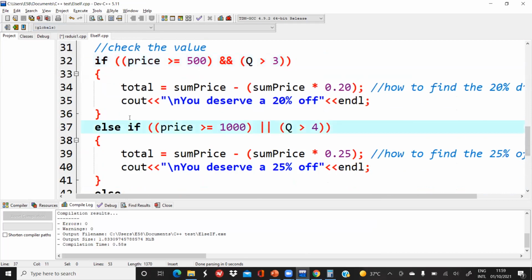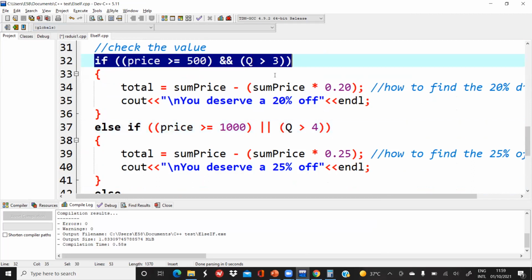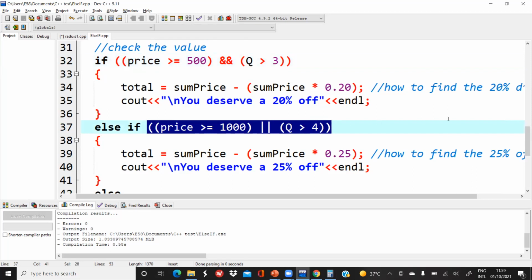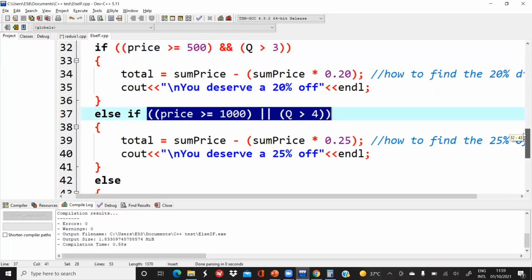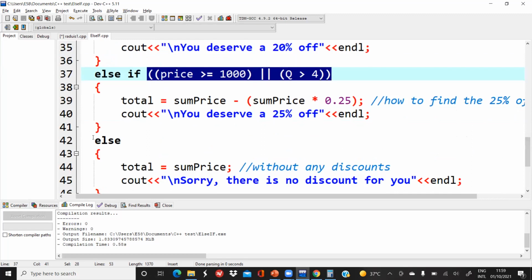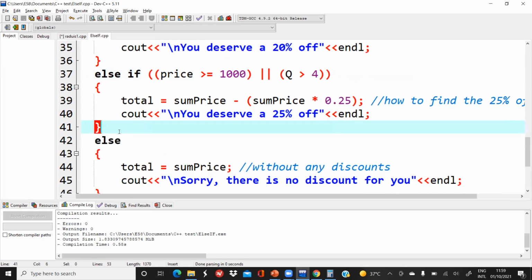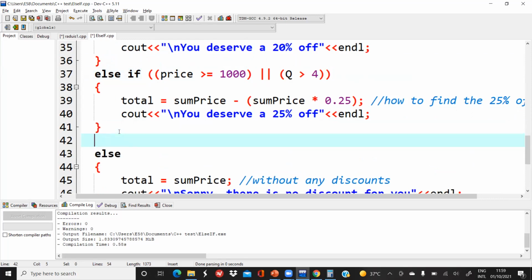else if. Okay. So I have more than one alternative. عندي أكثر من احتمال. هذا الاحتمال الأول إن البرايس أكبر من 500 and the quantity أكبر من 3. الاحتمال الثاني إن البرايس أكبر من 1000 أو الquantity أكبر من 4 و else otherwise إذا لا هذا ولا هذا أسوي كذا. ممكن أضيف احتمال رابع. ممكن أقول هنا another option, add another alternative